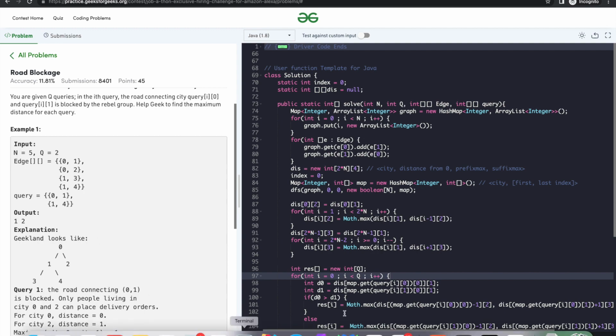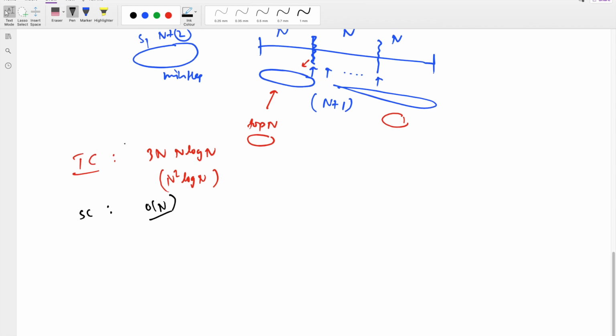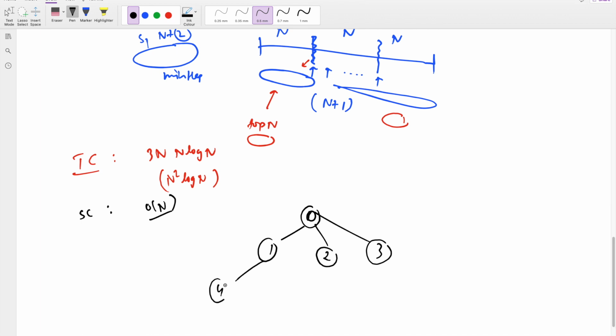Okay, let me clear out over here. So basically whatever tree we have, let's say we always consider 0 as the source, and maybe it's not necessary to be binary, right? Something like this, and there will be 4, there will be 5, there will be 6, something like that, and there will be 7. So once there is a blockage, once some particular edge is removed,